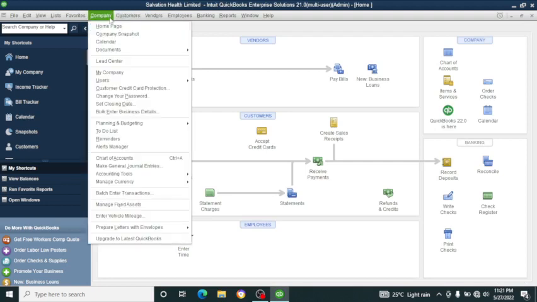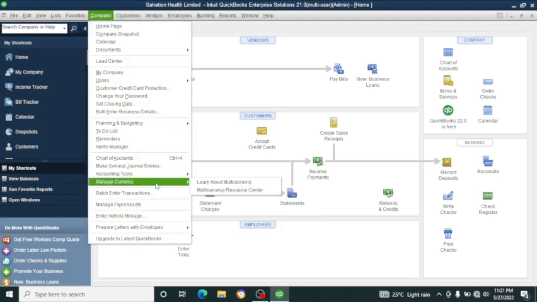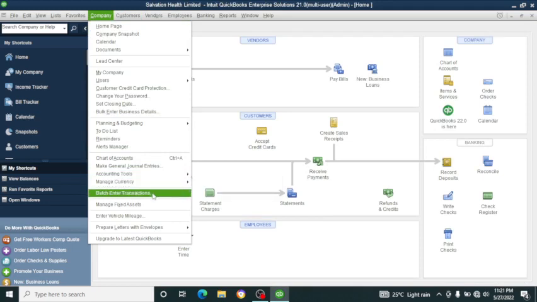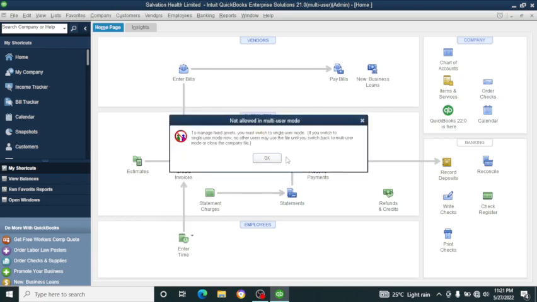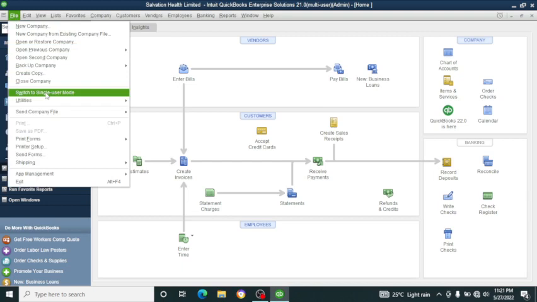So let's go back to company. Accounting tools, those are the accounting tools there. Manage currency is there. Batch enter transactions is there. Manage your fixed assets. It will take you to, of course, I have to convert back, so let me do that, switch to my